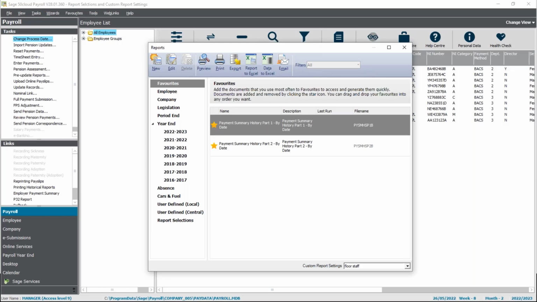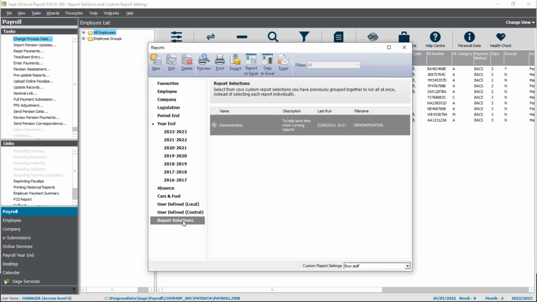So I've got a couple of favorites. And as you saw in the screenshots, we've got our report selections in the bottom left. So if I go ahead and click on that, you'll see here we have one. So a bit like Blue Peter, here's one I made earlier, where we have a demonstration one. But let's have a look at creating a new one first. So if I click on new,